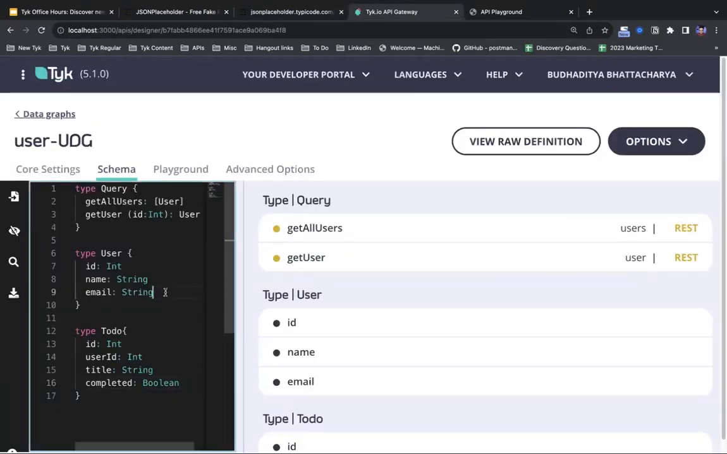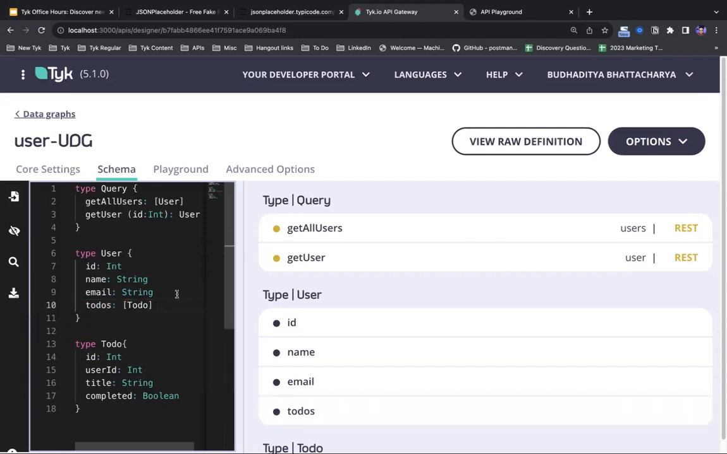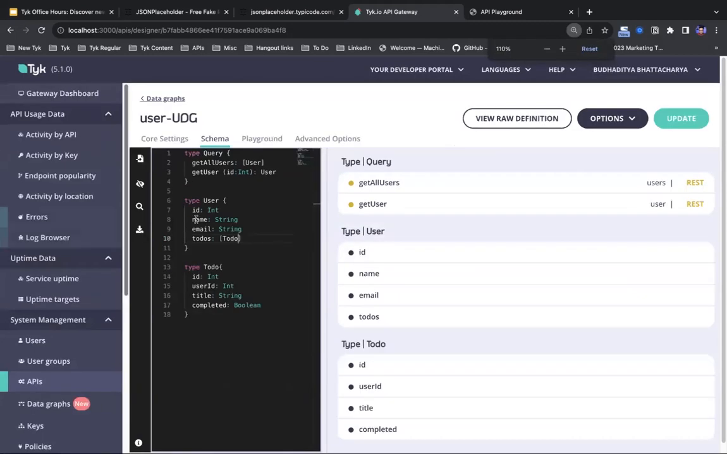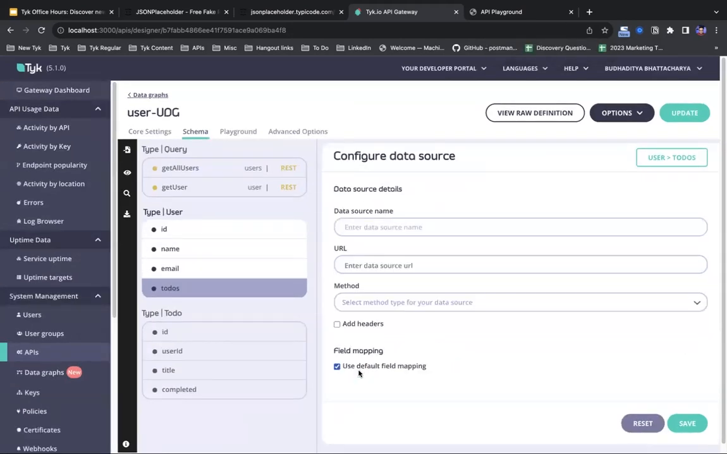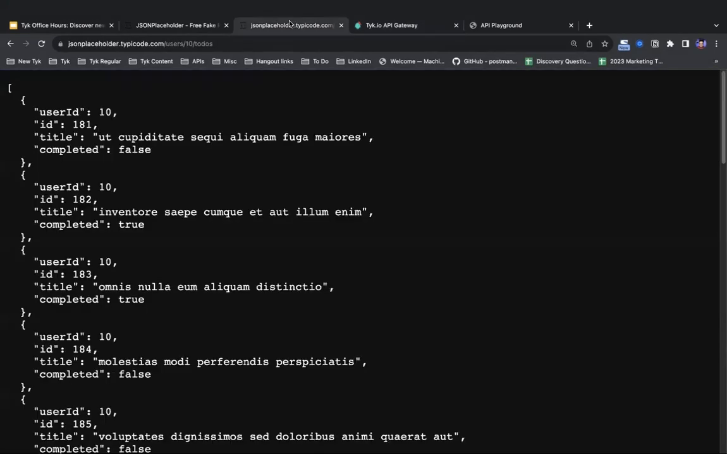And now I want to add this to my user data. So when I query a user, I have the ability to query their to-do information as well. So let's say to-dos. And this is going to give me a list of to-dos. Now I'm going to just zoom out once again and define this data source. It's going to be REST. Let's see, to-dos. I'm going to be copying